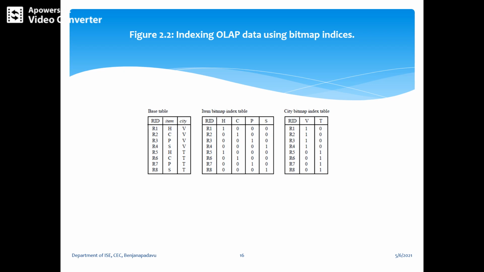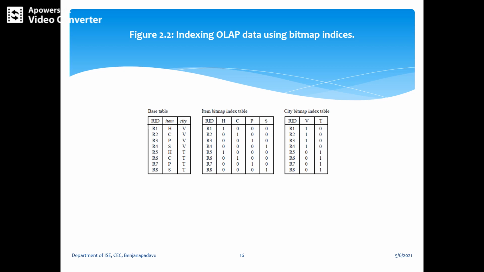Similarly, the computer is sold in R2, R3, the phone is sold in R4, and the last one, security item, is sold. These four all belong to the city Vancouver. Coming to Toronto, again the same thing: R5 sold is the home entertainment item, then computer, phone and security items. So this is the thing.